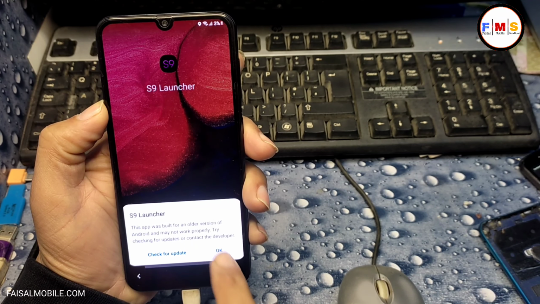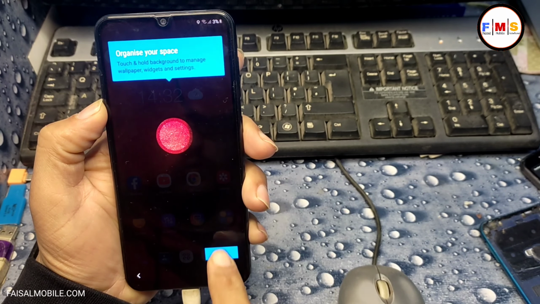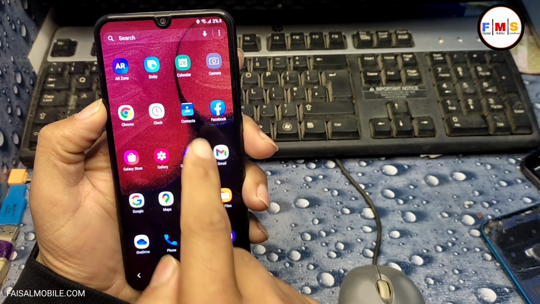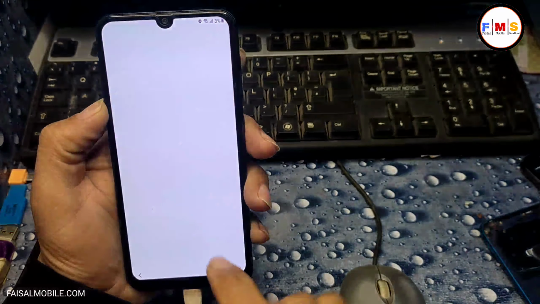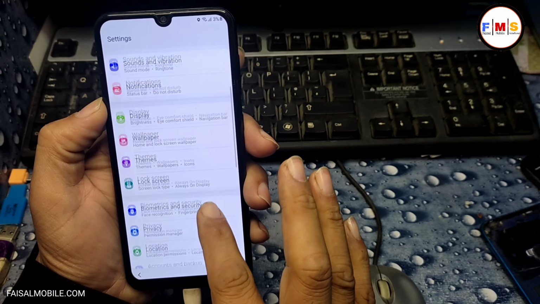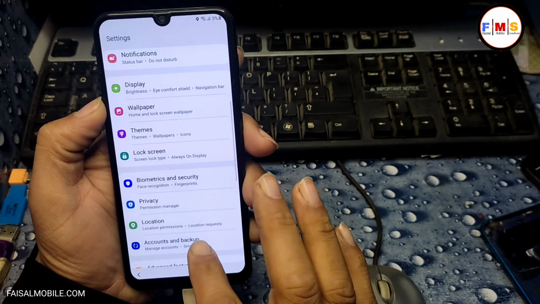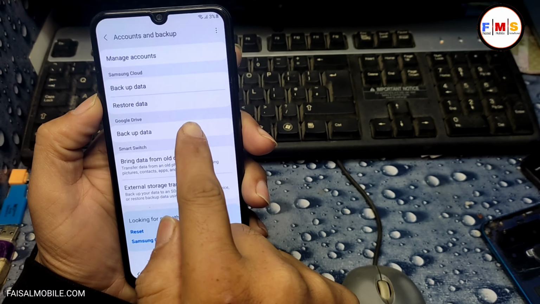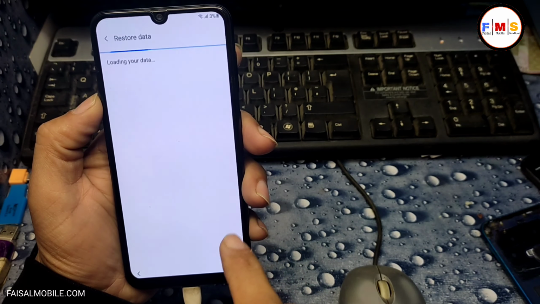And as you can see, now we are in our mobile and now we just need to go to menu and here we need to go to settings, and now we need to go to account and backup and restore data here.